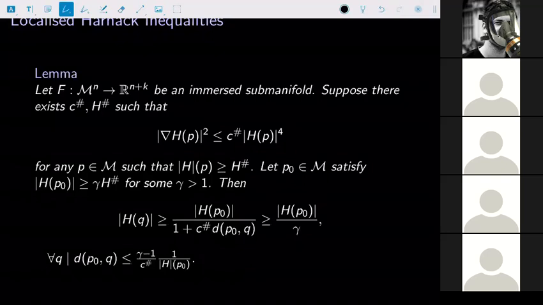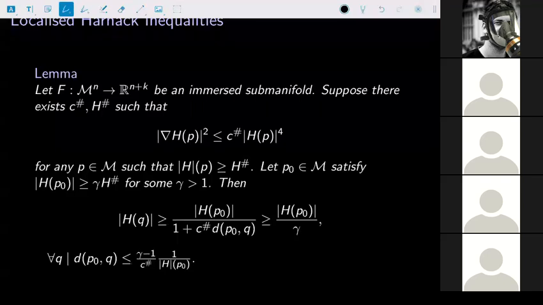And this is very important because when you do a blob argument, what you might fear is that you get non-trivial limits. But here, if you have a neighborhood which is also becoming large, comparable to the size of the mean curvature, then when you do a blob argument, the entire region is becoming large as well. Okay, so that's a localized Harnack inequality, and that comes from the gradient estimate.